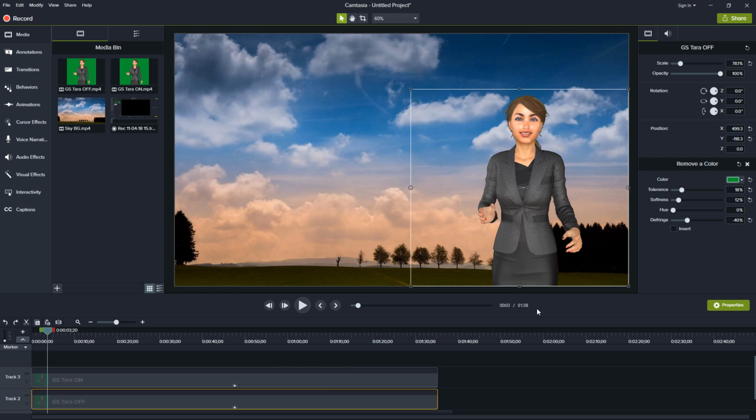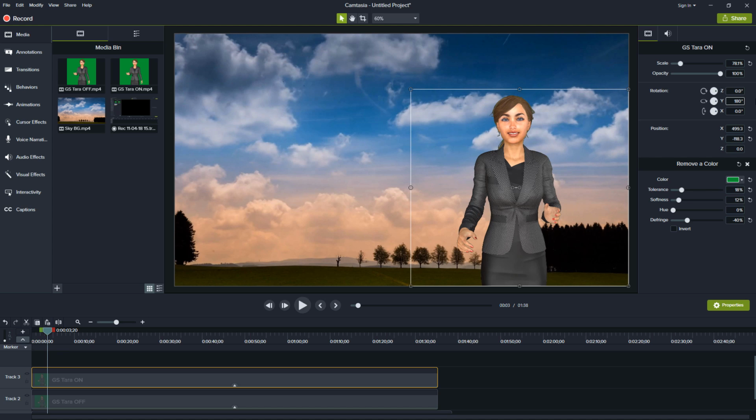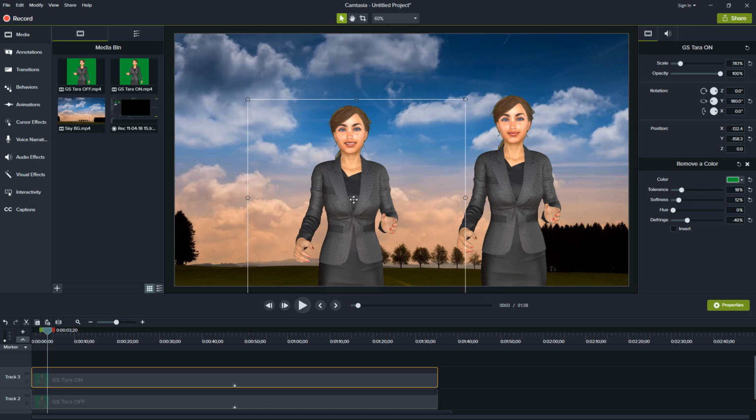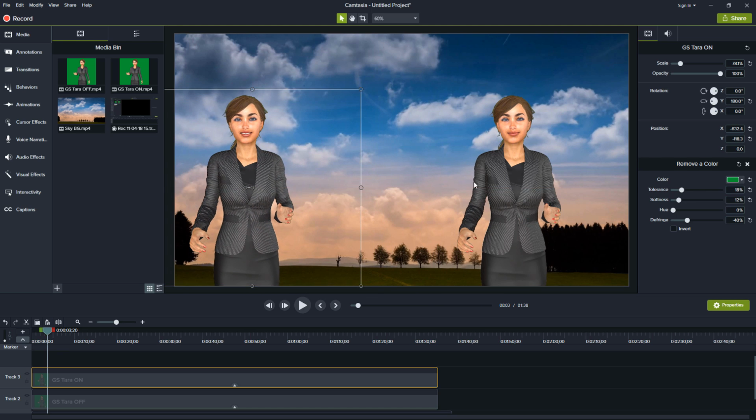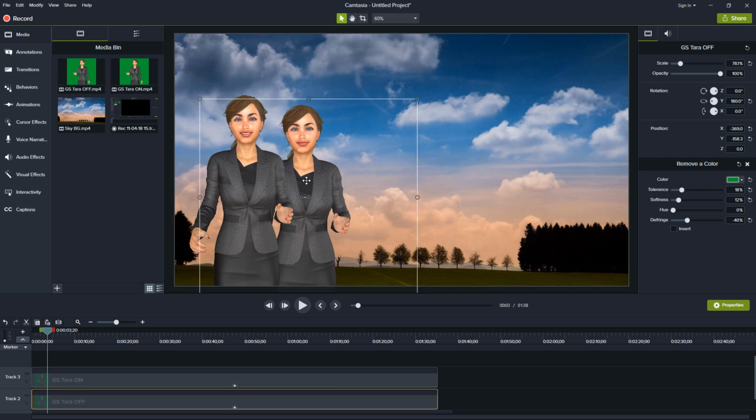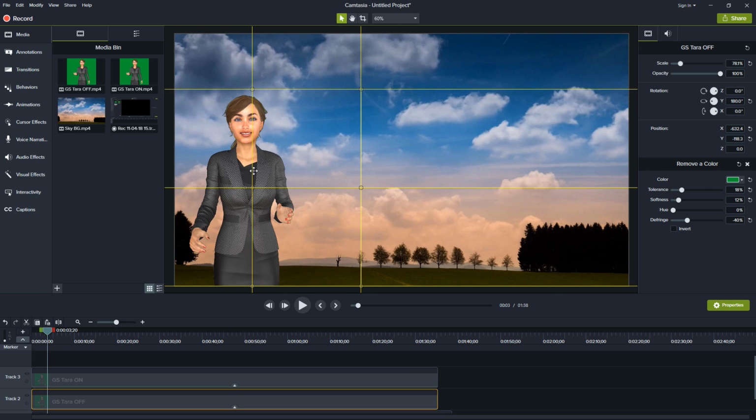I also want to note that if you wanted to put her on the left-hand side instead of the right, all you have to do is select the video layer, go up to the Y rotation window and enter in 180, of course. And then you want to do the same exact thing on the next layer. Enter 180, enter. And then you can just slide her over to the left side and then do the same thing with the other layer. Make sure she's absolutely perfect in there. And then you can go ahead and edit the lip sync